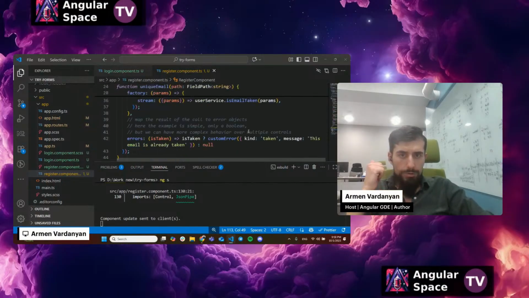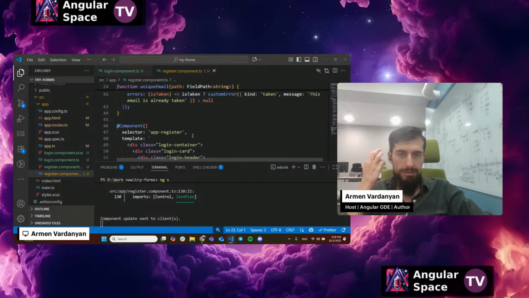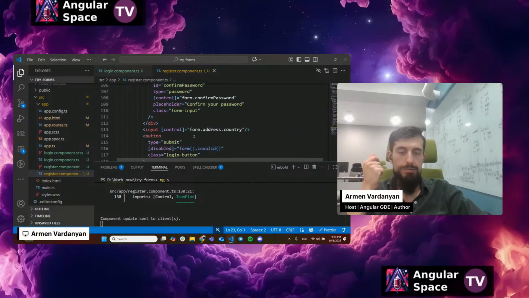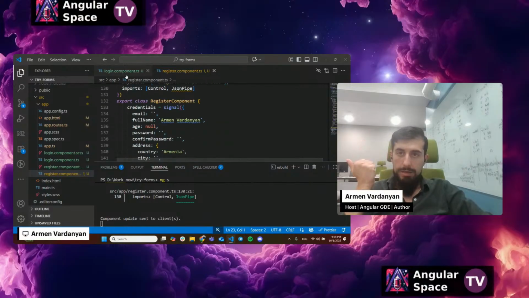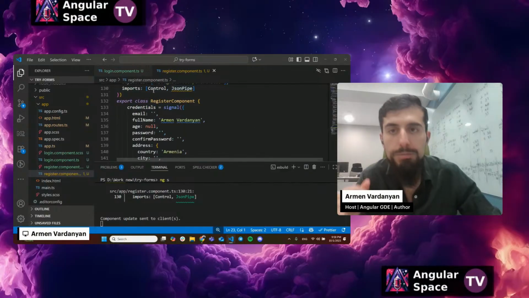So yeah, for now we have done async validation. We have done a small nested field. And actually, we did a plain field custom validation. And by the way,